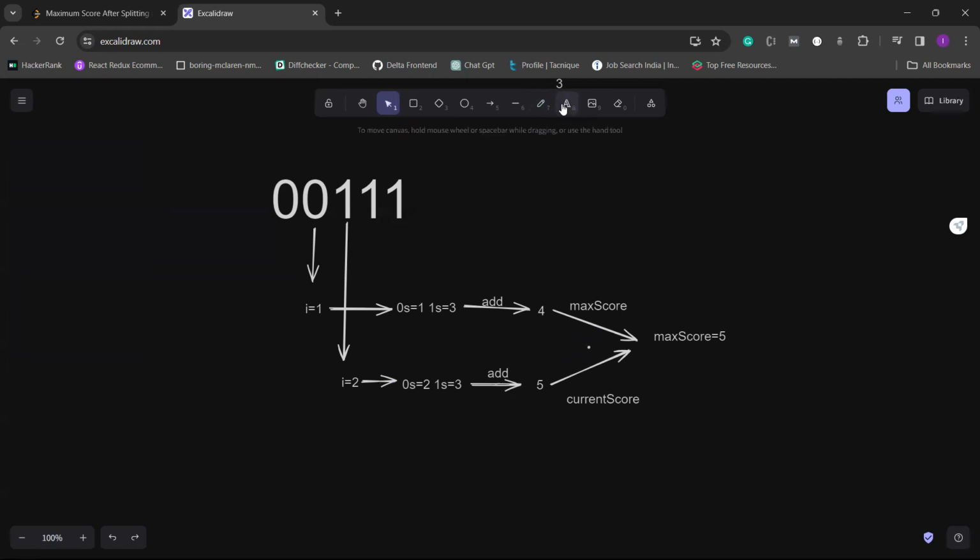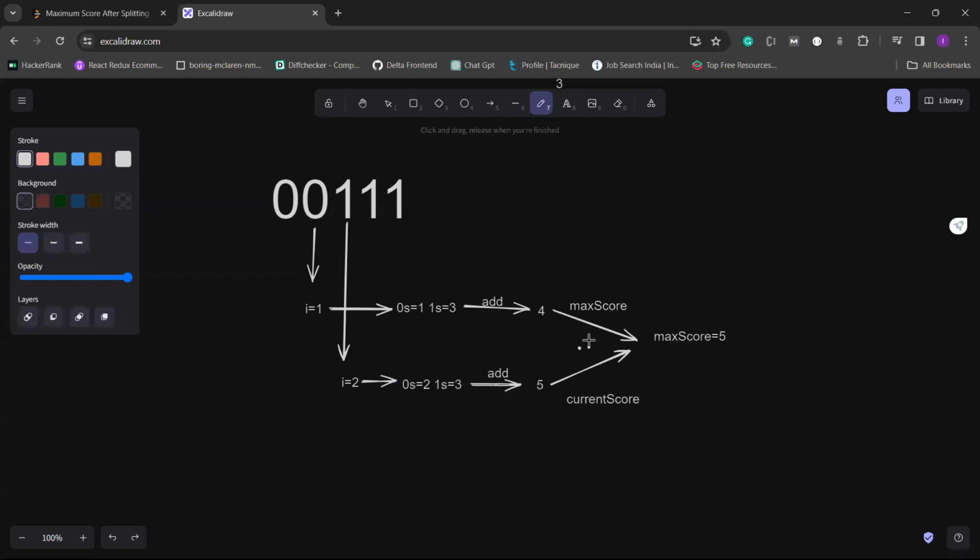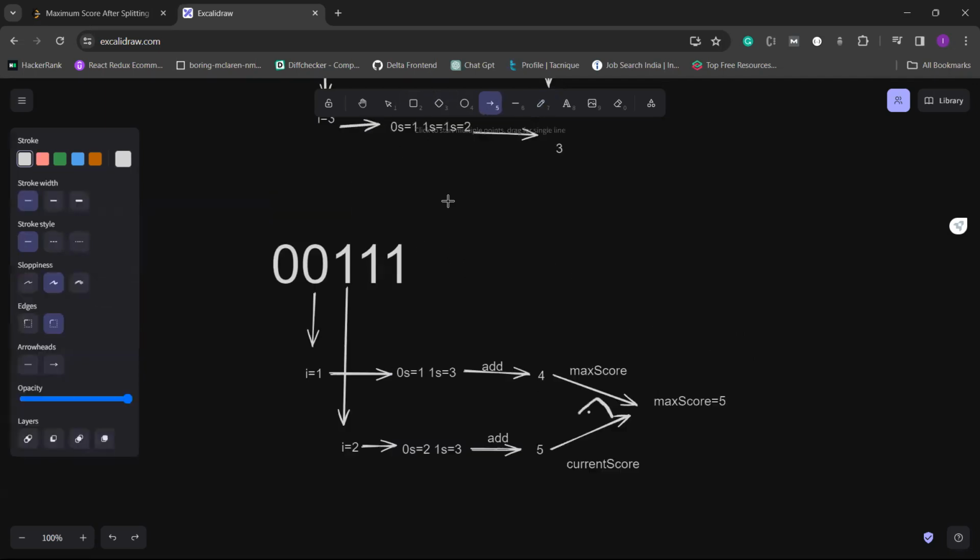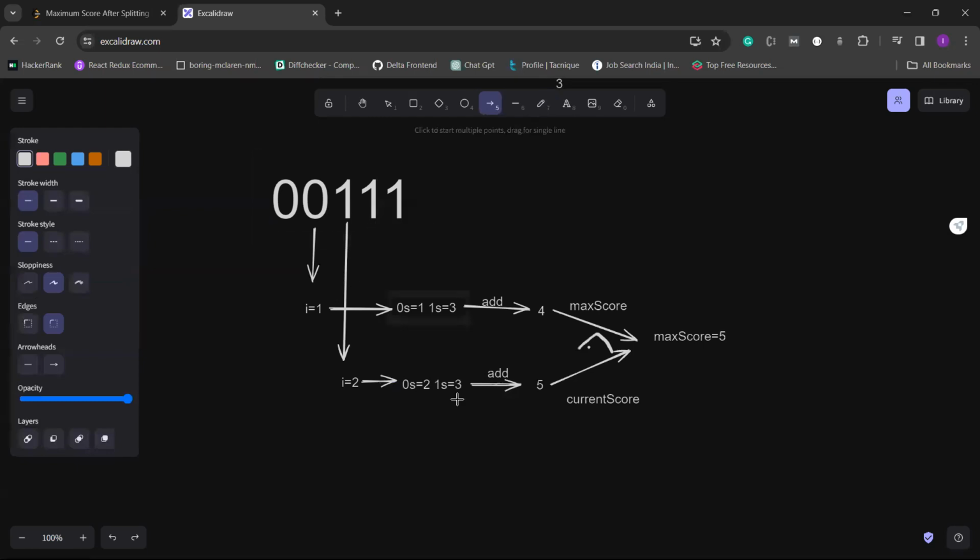So we are comparing between the current score and the maximum score. If the current score is bigger than the maximum score, then the maximum score will get updated with the current score. So now maximum score got 5. So again, we have to go till the end because we don't know what we will get. As you can see, in the second index we got the maximum score as 5, so we have to iterate till the end. So same thing